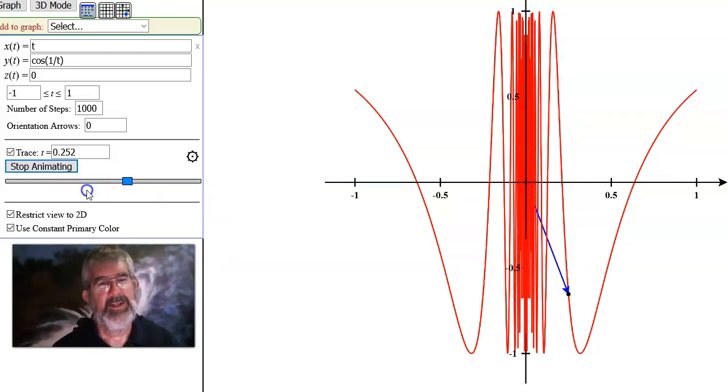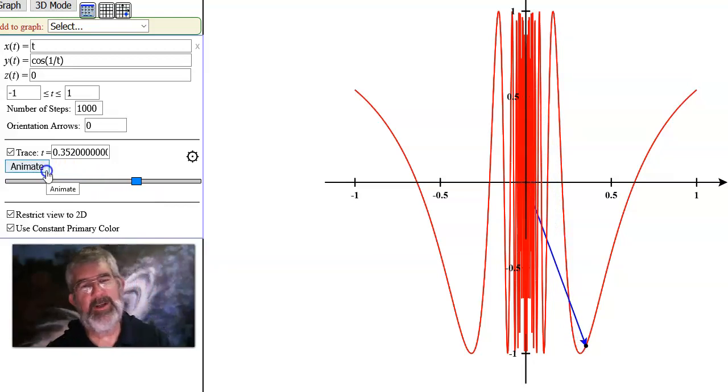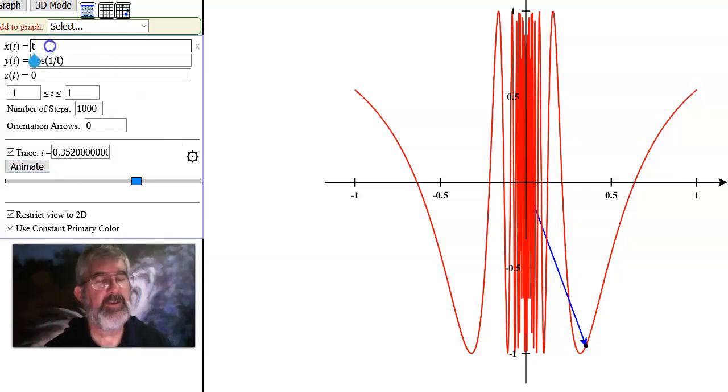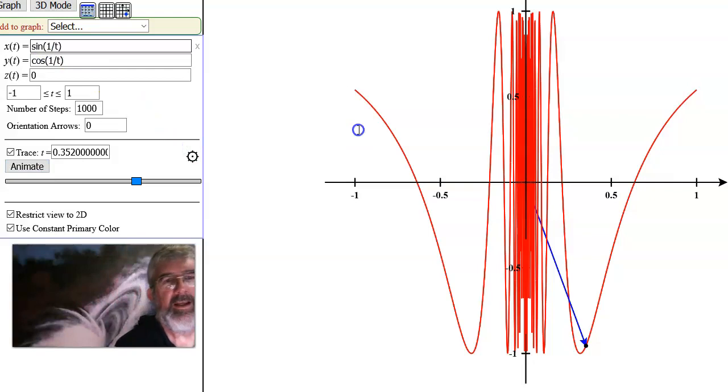So with the x-coordinate bopping back and forth like this, and the y-coordinate going up and down like this, you're tracing out the circle, and you do it faster, faster, faster, infinitely many times as t approaches 0, and then infinitely many again coming back out of it. And the net result is the graph is a circle,